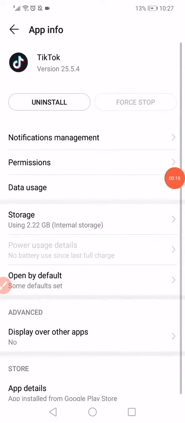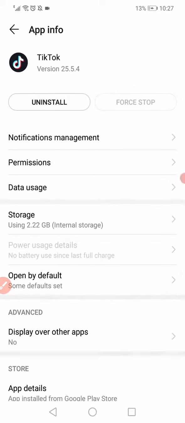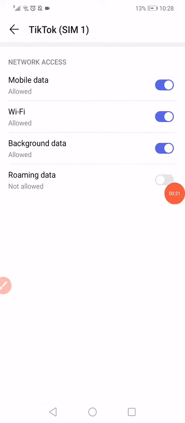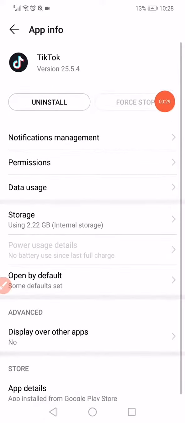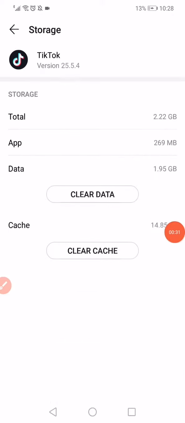On this page you will find the app informations. All what you wanna do is click on the data usage and make sure that the mobile data and the Wi-Fi are enabled, and then make sure to disable the background data and the roaming data. Go back, click on force stop and then go to the storage, click on clear data, clear cache, and then